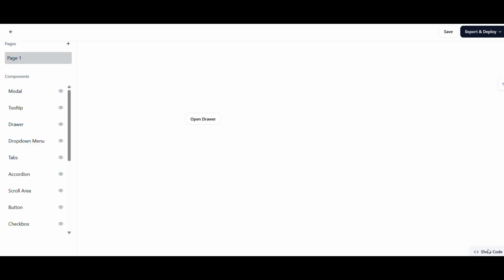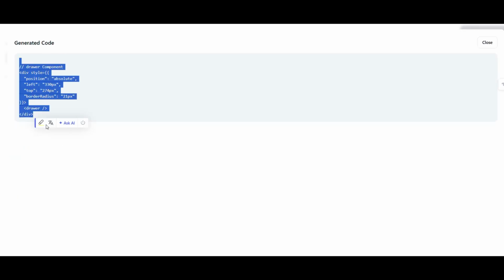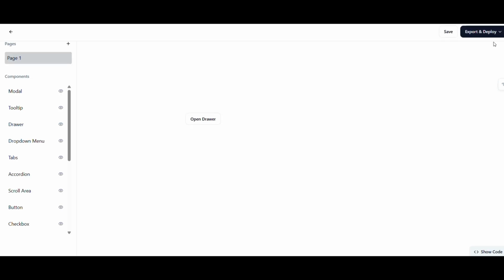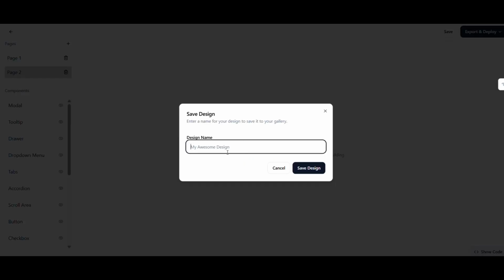By clicking on the show code button, you can see that this is the code generated for the component that we have dragged earlier. As told earlier, you can also add pages onto the canvas. After design, you can either save it and rename it as per your choice, and it will be saved